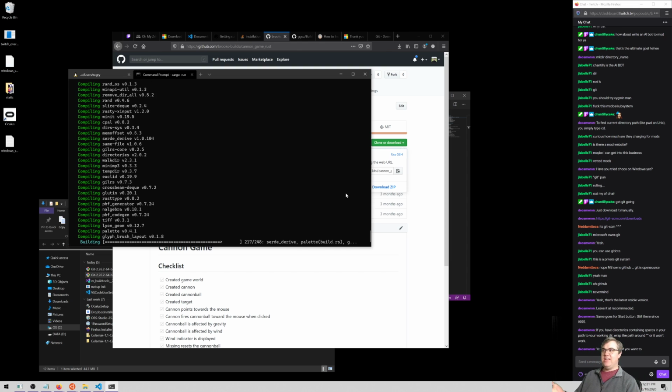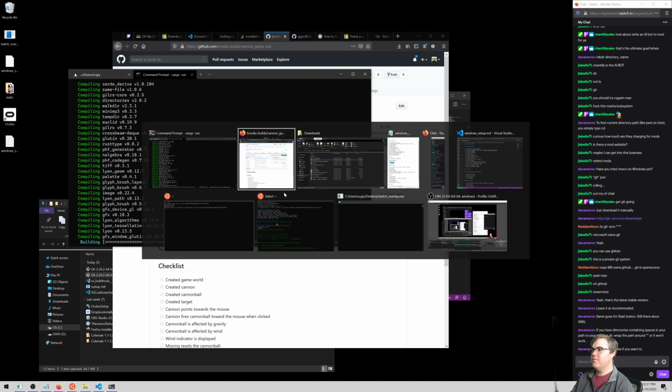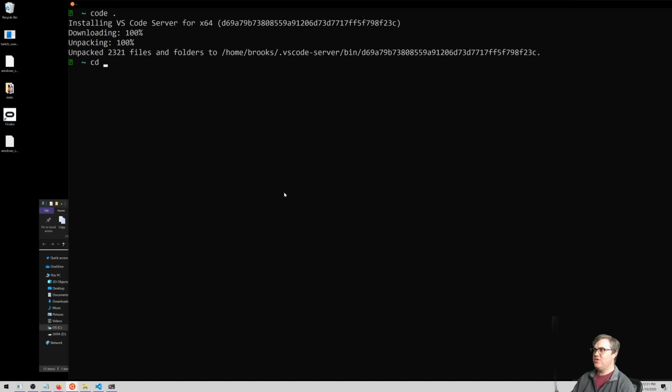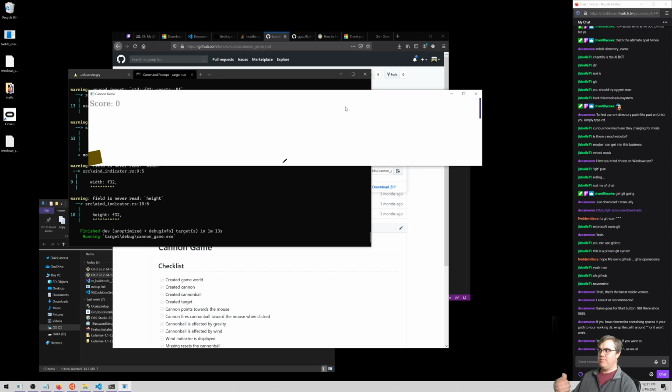Like in Unix or Linux, if I want to cd into some directory with a space, I could just put a backslash in front of the space to escape it. Is there the equivalent in, I guess, PowerShell? Hey, look at this. It just works.